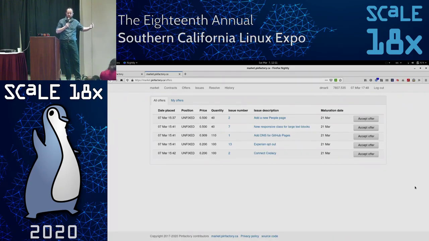Would a maintainer be willing to close an issue, or say no, this doesn't fix it, and result in a futures contract closing with the wrong status and the wrong person getting paid? Or might a maintainer not cooperate in the process at all?